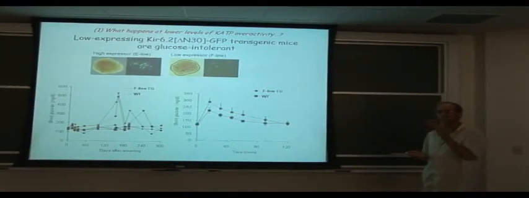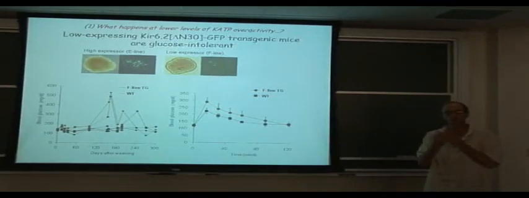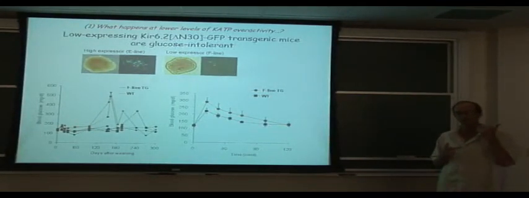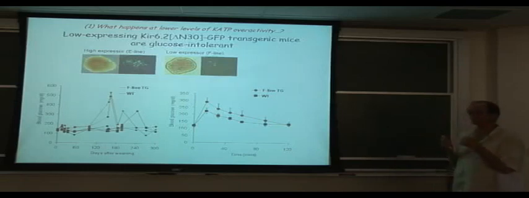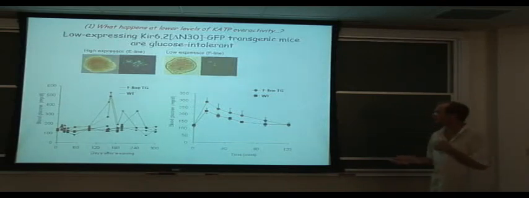What I said at the beginning of this part was that we got 4 founder lines that gave the same phenotype. We had a 5th one, which we thought was perfectly normal, but we've since done glucose tolerance tests on it and shown that it's actually mildly glucose intolerant. We've now also generated 2 new lines, F line and G line, which also appear to be normal, but